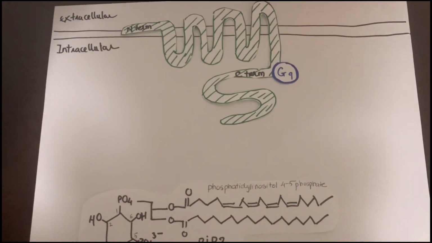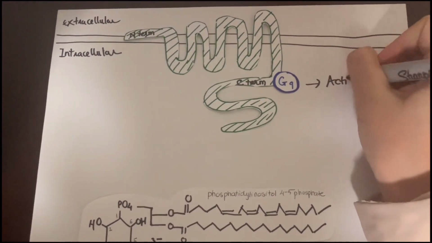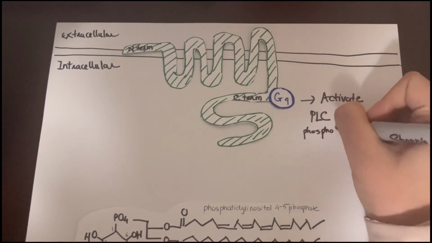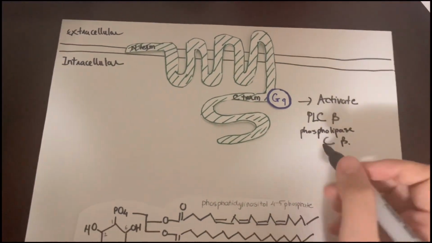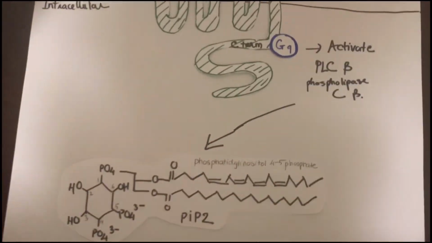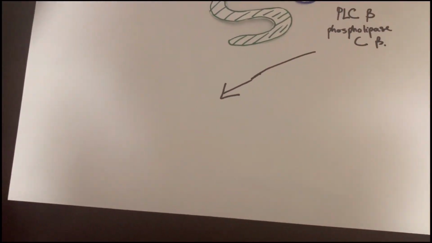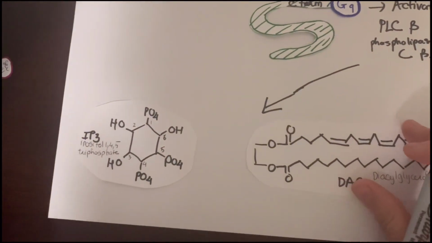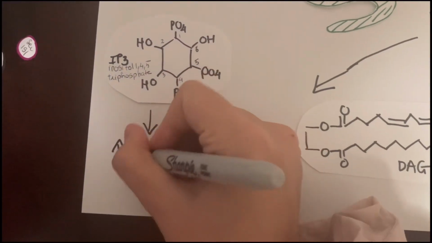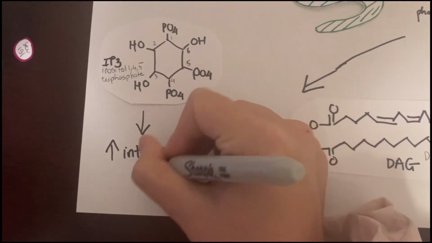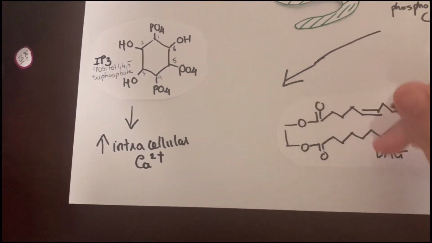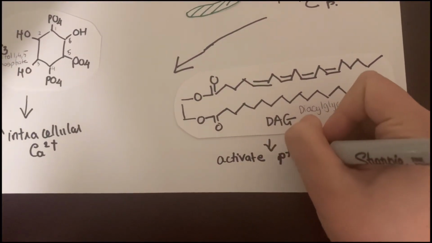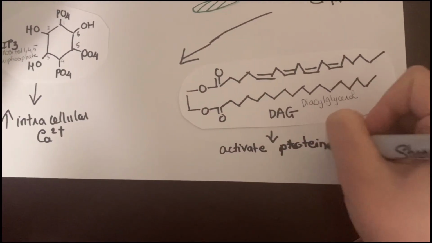When coupled with Gq family proteins, TPR will activate PLC beta, which is phospholipase C beta, and thus will cleave phosphatidylinositol 4,5-bisphosphate (PIP2) into inositol 1,4,5-trisphosphate and diacylglycerol. Inositol trisphosphate will act as a messenger to release calcium and increase intracellular calcium, and diacylglycerol will activate protein kinase C,